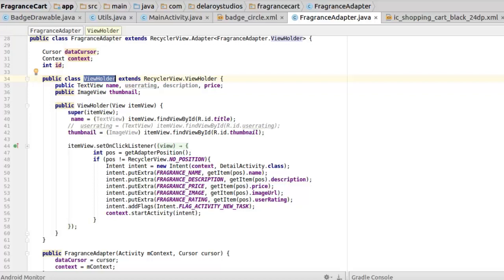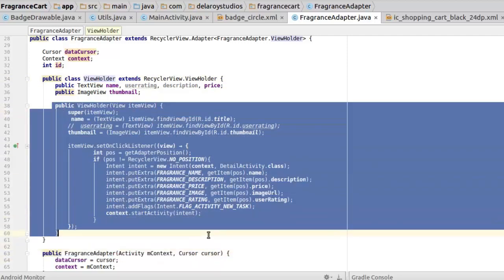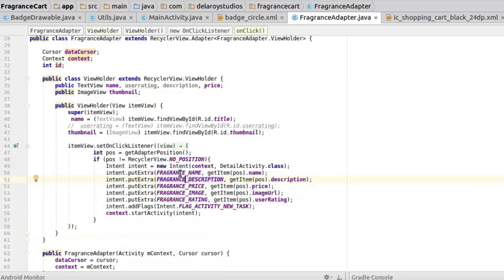So we don't have to query the database or call the content provider one more time, since we have data right there in the main activity. We just pass it using an intent. That's what you can easily see when we call the ViewHolder, and we put some extras. These constants are created in the detail activity, so that you won't make mistakes when passing the keys. So these are the values when you get the item position and pass the name. We did this when we used the Fragrance